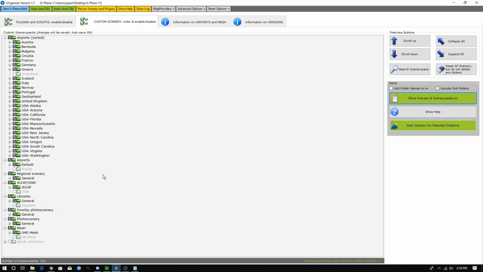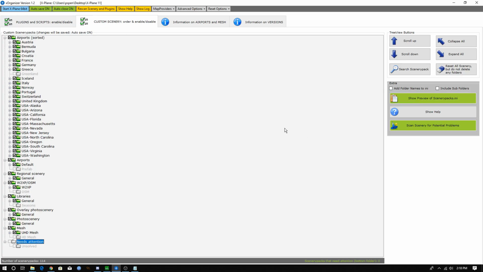Where some of the confusion lies is that I often hear on the forums, "ExOrganizer didn't work for me because it wasn't able to detect that my scenery was an airport, or that I had World2XPlane or Overlay or Scenery Street Maps in there, or it didn't recognize my regional sceneries." And you know what? It's going to do its best, but you still have to know what everything is, so that if it has something allocated into the wrong place, you can drag it in to where you needed to go without having to open the scenery file,